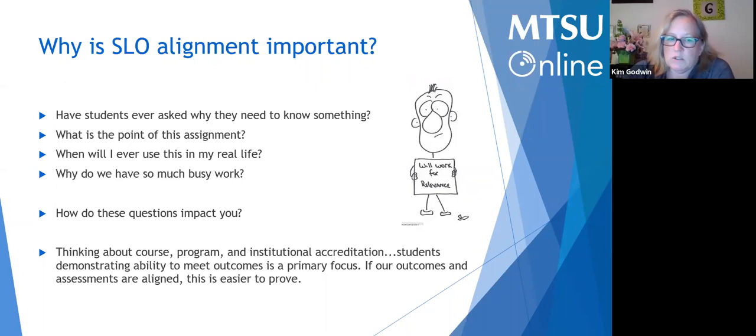So thinking about a course, program, or institutional accreditation, students demonstrating the ability to meet outcomes is a primary focus. I am sure that some of you have gone through some sort of departmental accreditation or program accreditation recently where they have asked you about students meeting those outcomes and objectives, and you showing that they have done that. How are you doing that? Are you doing that at the end where you're like, oh, this class did this and I got to show how they did this? Or are you intentionally, as you're developing your class,